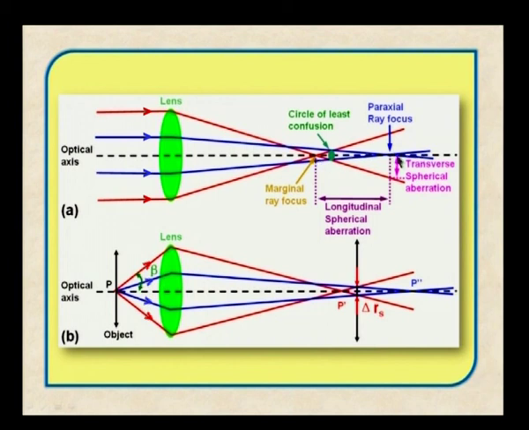I want to reduce the distance between IM and IP. This is called the longitudinal spherical aberration: the distance that separates the two foci, one is the marginal ray focus and the other is the paraxial ray focus. Now, this has to be reduced, right. That is what I am planning to do by using a lens which will have